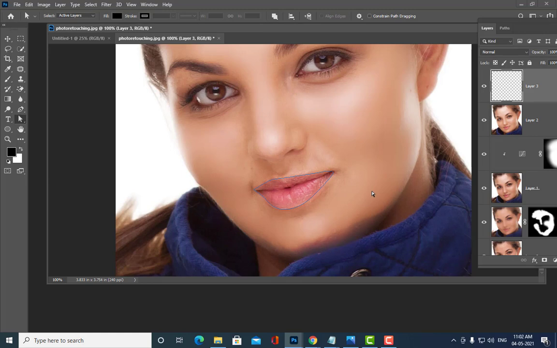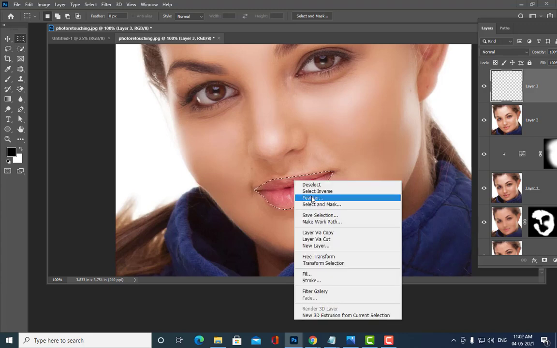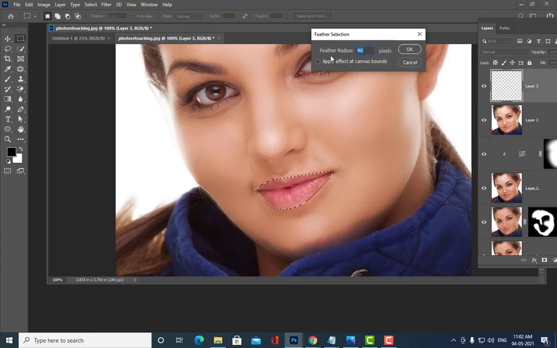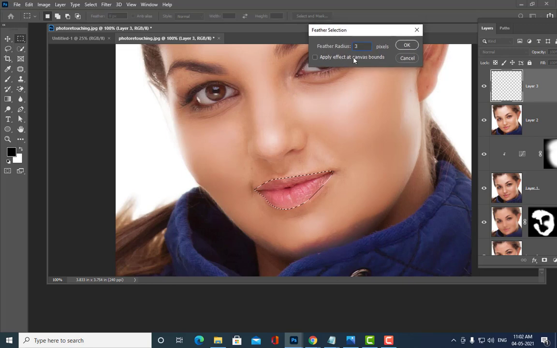Okay, just draw a path and then Control and Enter, and then we'll give a little bit of feather to this. Don't give too much feather, I think 3 is okay. Not 3, okay, 6.